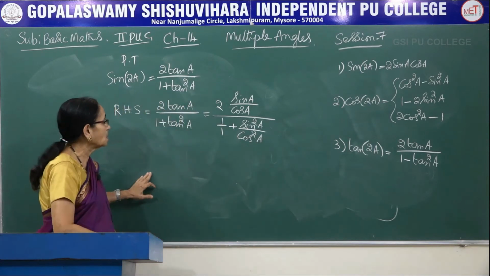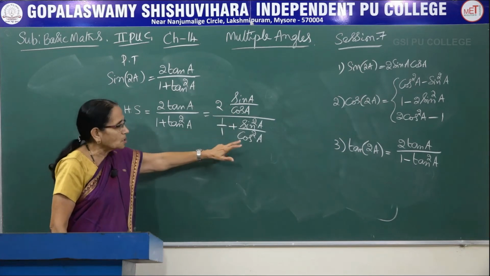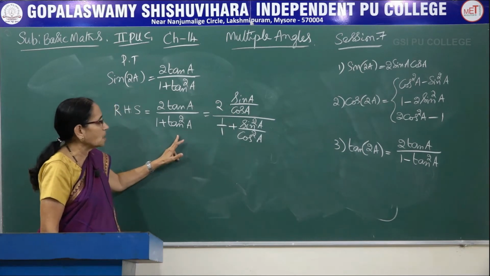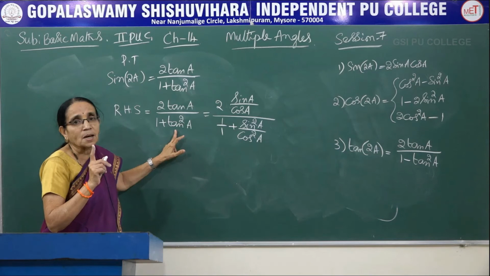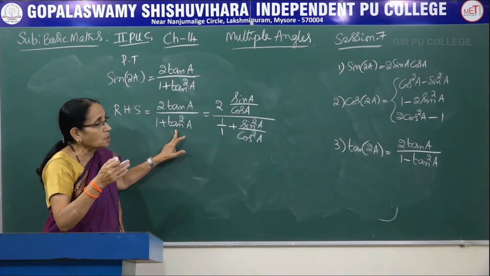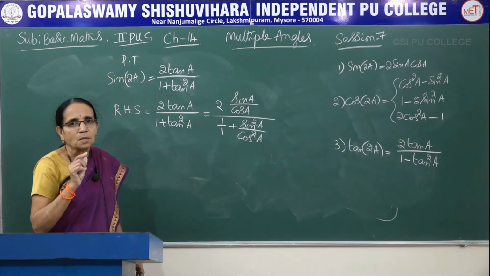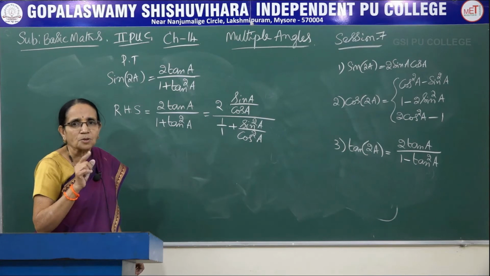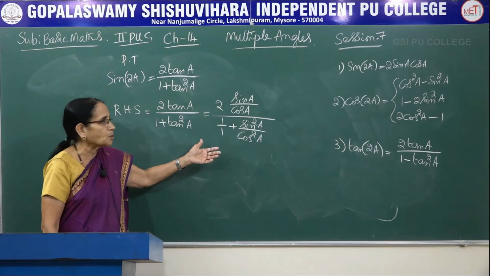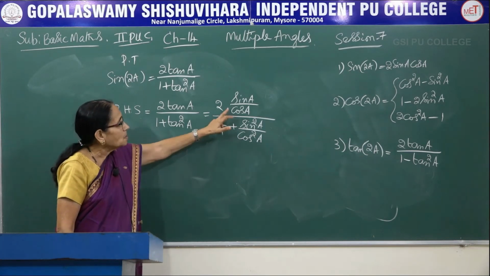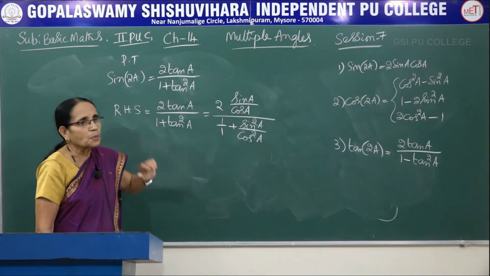There is another method. In the numerator, you can write this one. In the denominator, instead of writing 1 plus tan square a, you can replace it by secant square a also. That was the second identity you have learnt while learning about the basics of trigonometry. There are 3 identities: sin square theta plus cos square theta equal to 1, and 1 plus tan square theta is equal to secant square theta. Even that can be replaced by secant square a and proceed. But here it is better, why? Only sin and cosine would be in the formula, easy for you to do the simplification.